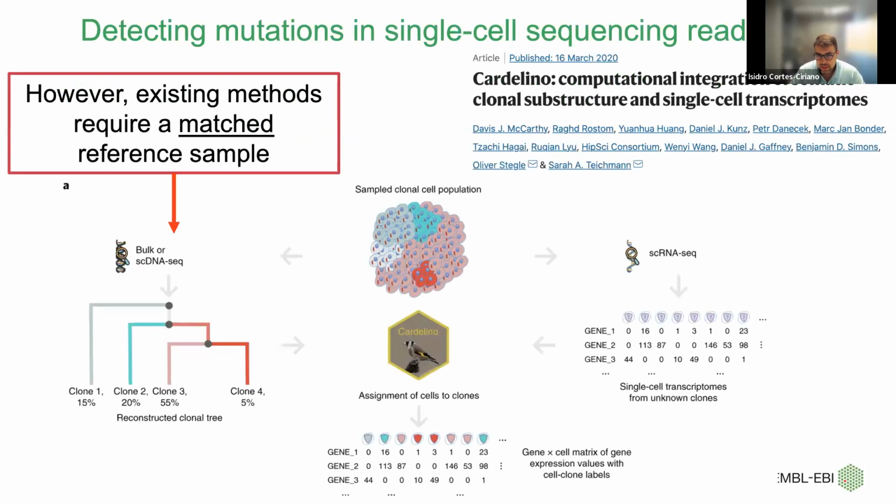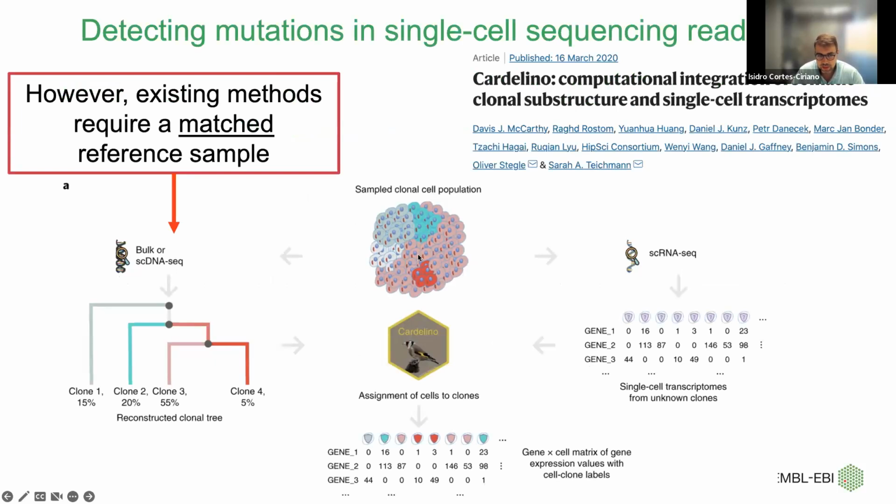However, there are some precedents, in the sense that several methods have been published to genotype single cells through the detection of point mutations. One of the main algorithms in this space is Carderino, developed by colleagues here at the Sanger, which basically